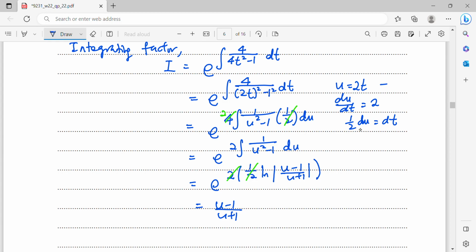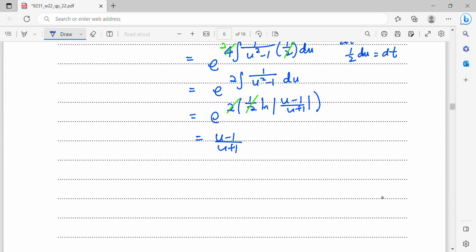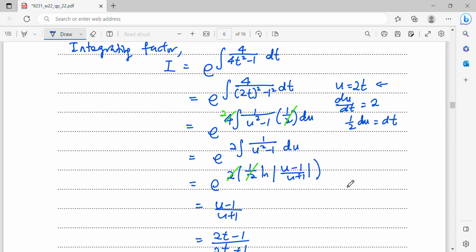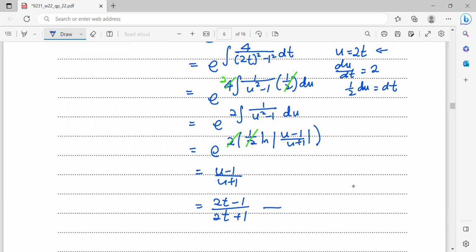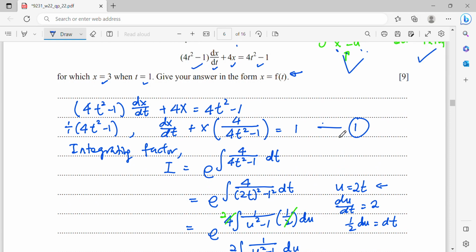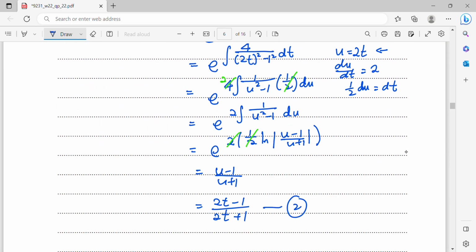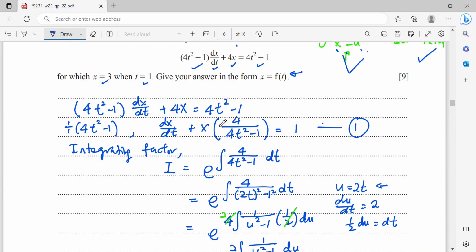Your u is 2t, right? So here, 2t minus 1 over 2t plus 1. So this is our integrating factor, and I will let this be the second equation. So now, after this, you need to multiply the second equation by the first equation. And if you are confirmed that your I is correct, then on the left-hand side, instead of these two terms,